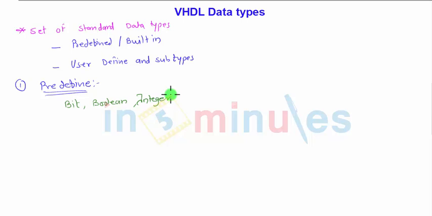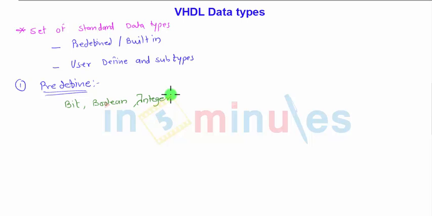We also saw that VHDL is an IEEE standardized language. So there are data types like standard logic and standard logic vectors. Standard logic means logic 1, logic 0, particularly for 3.3 volt or 5 volt logic. Generally we treat 5 volts as logic 1 or logic high. In many cases in CMOS technology or PMOS technology, 3.3 volts is used. These standard logic and standard logic vectors are not in the built-in library of VHDL, but they are defined in the standard logic 1164 package of the IEEE library.